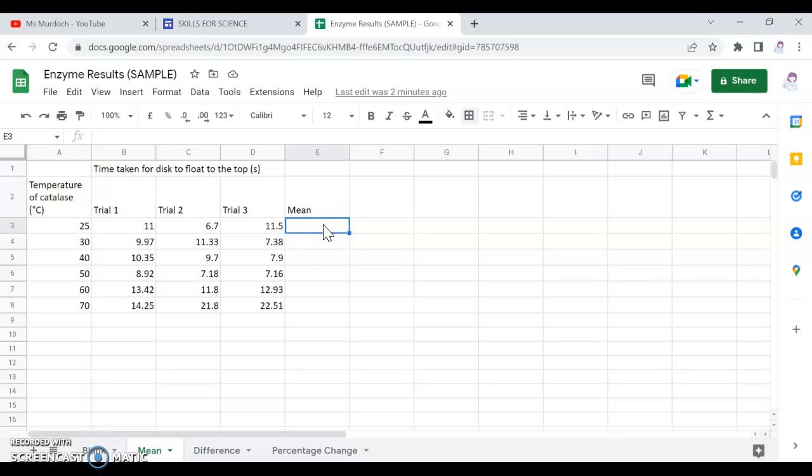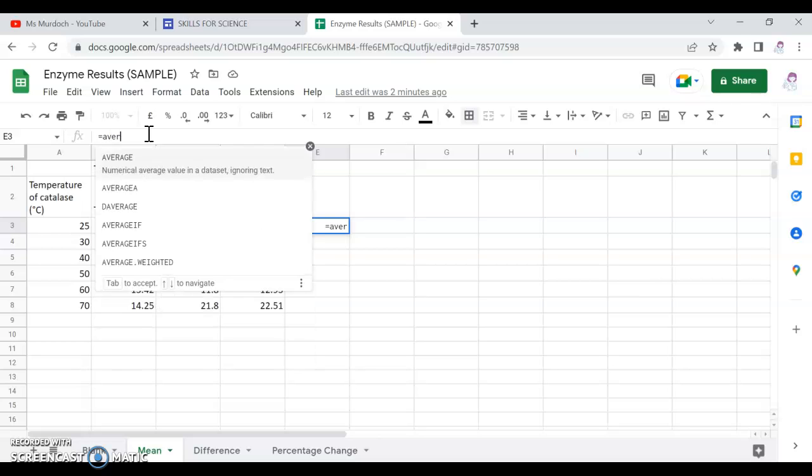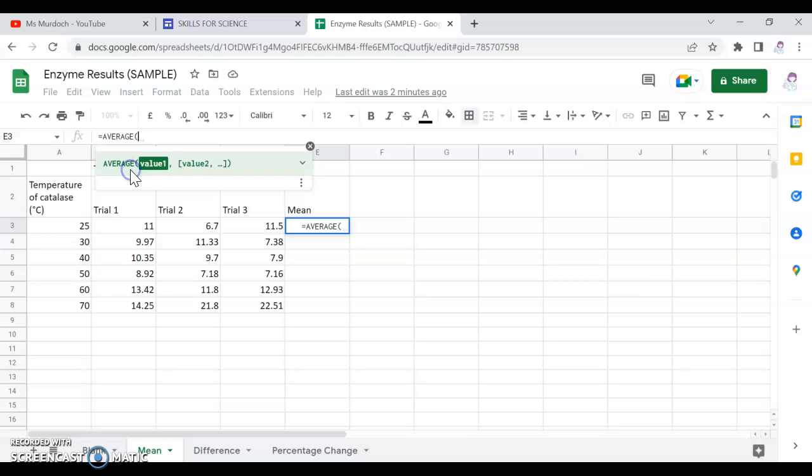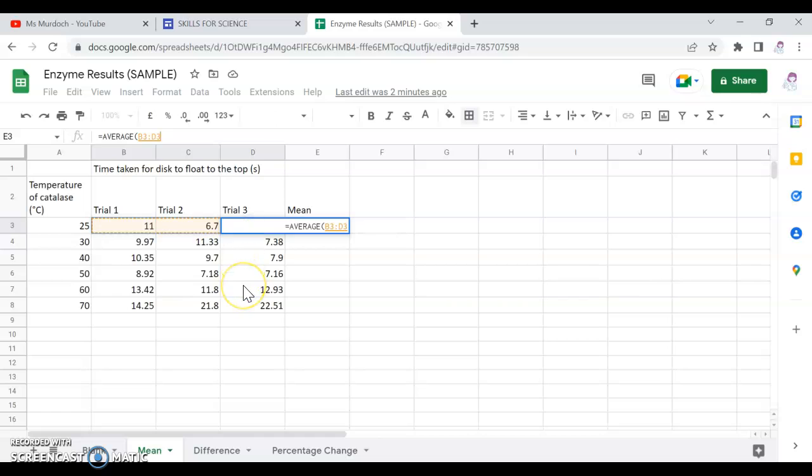So first step is to click in the cell where I want to enter my average or my mean. And then in the formula box up here, I'm just going to type equals, which tells the cell that we're about to enter a formula or a calculation. And I can just look for average, highlight the three cells that I want to use. Now, important part, I need to close my brackets like so